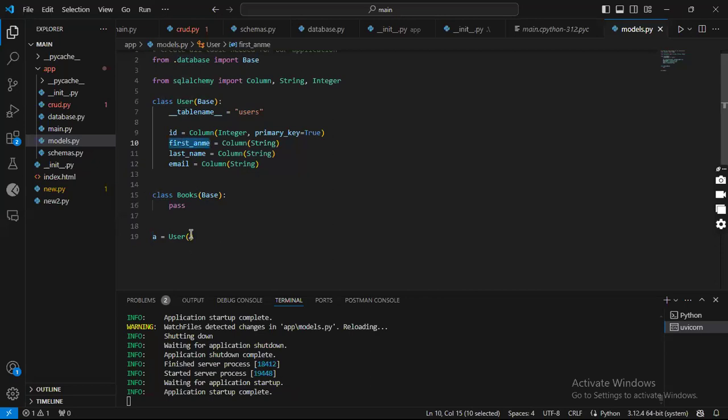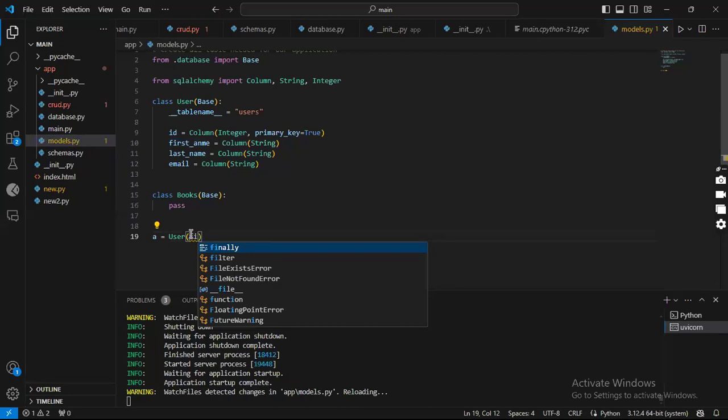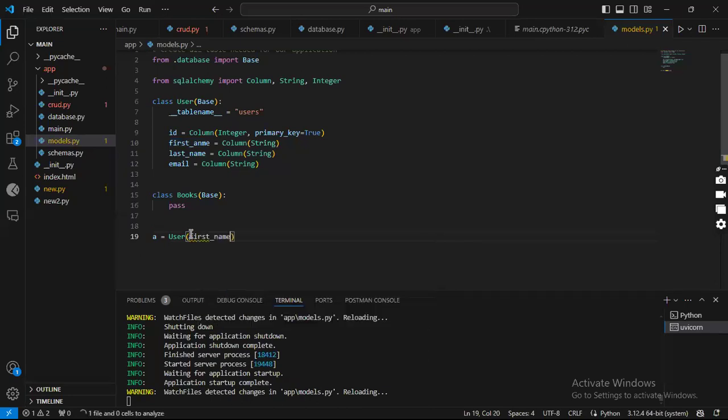So in this case, after invoking this class, I can now specify those attributes by saying first name, right? First name, first name. And then we assign the value. If first name was supposed to be hello, that's what you just provide as the value for first name, and then comma,